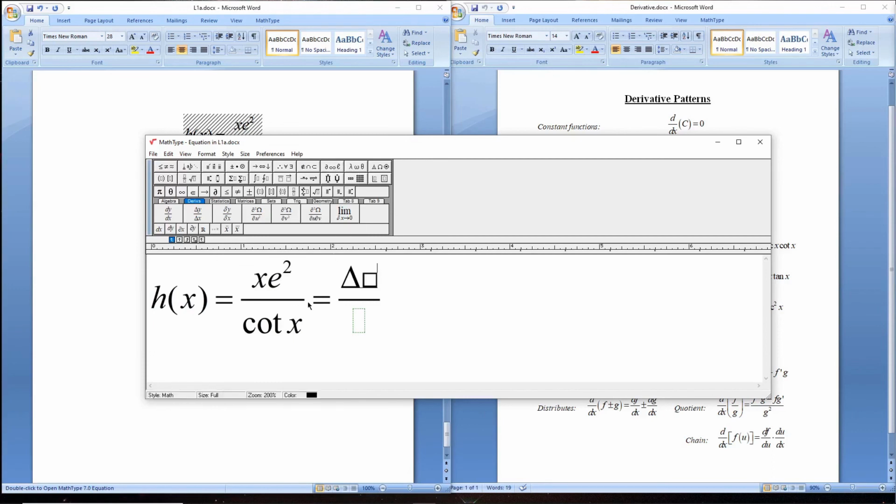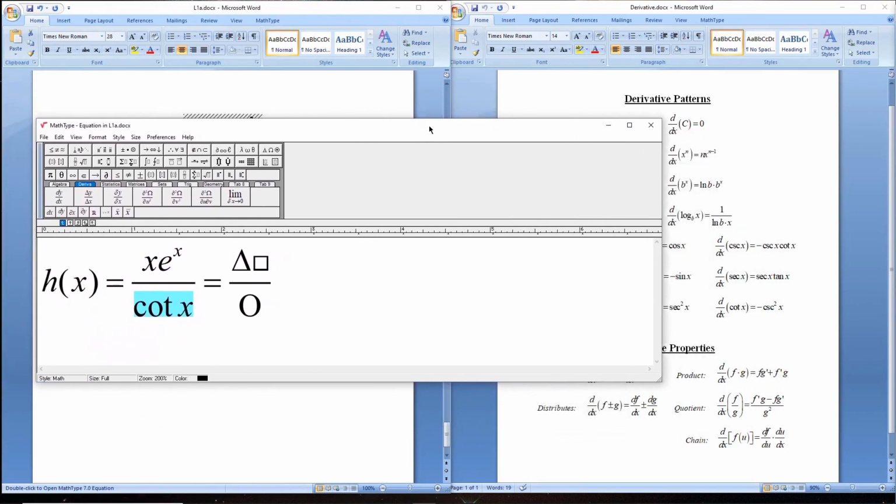I literally see this as like a triangle times a square, all divided by a circle. I see these parts. I see there's a power function here. I see, whoops, that's a 2, should be an x. I see there's an exponential function here. And I see there's a trig function here. I see these 3 pieces,